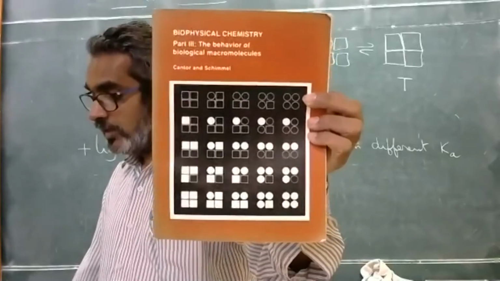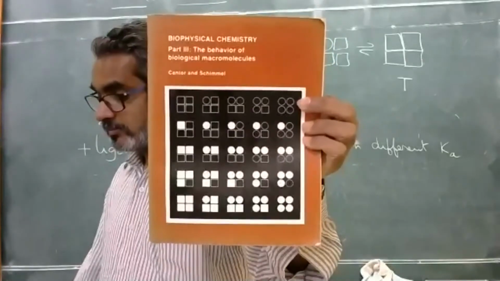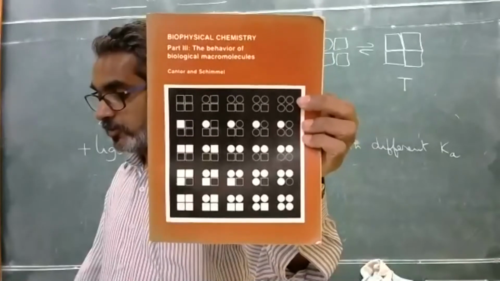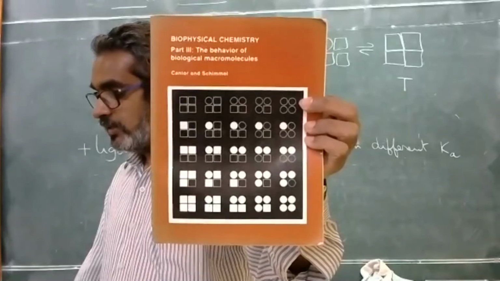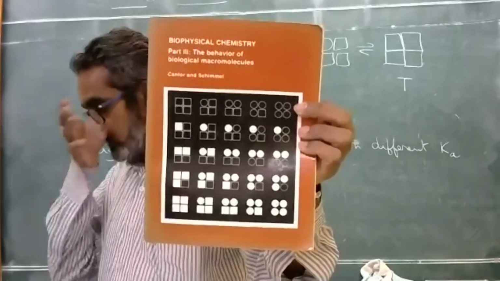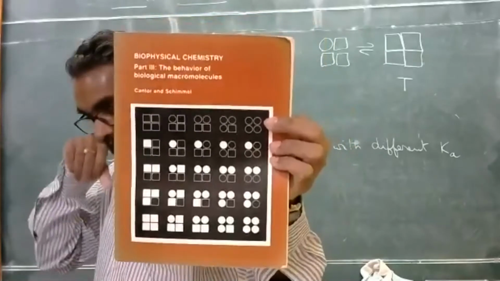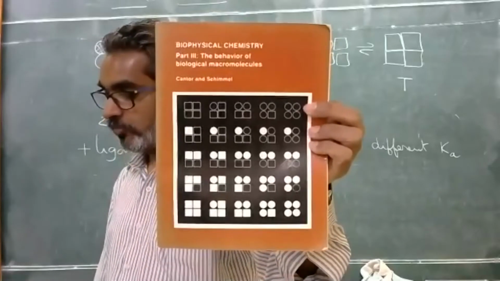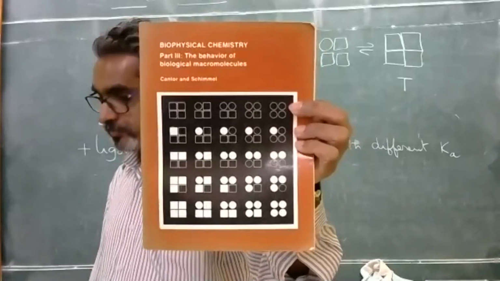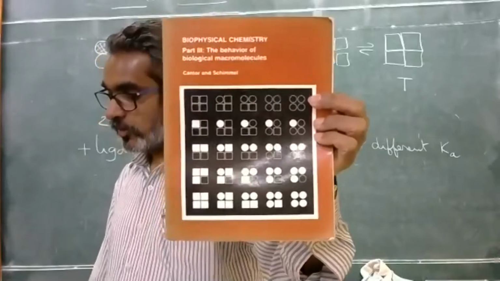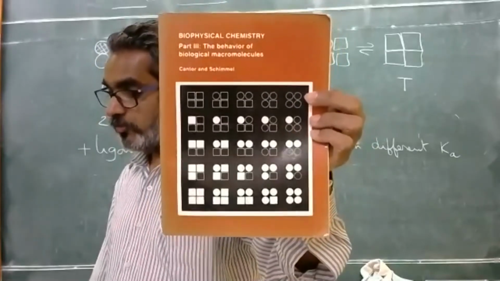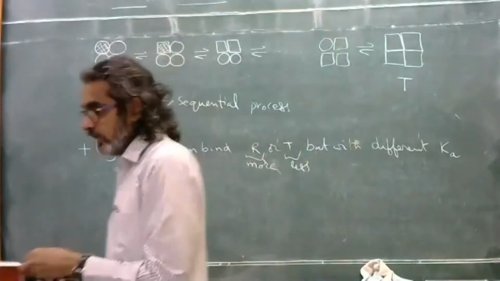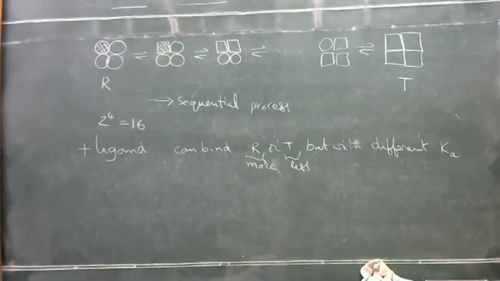If you have more ligand, let's say 3 out of 4 can bind, then you have 5 possibilities. And the last one, you have so much ligand that it doesn't matter which state the protein is in. There is enough ligand, so all 5 states are binding. So in total, how many do you have here? Basically indistinguishable states, 5 times 5, 25 states. So you need to really appreciate the complexity now.